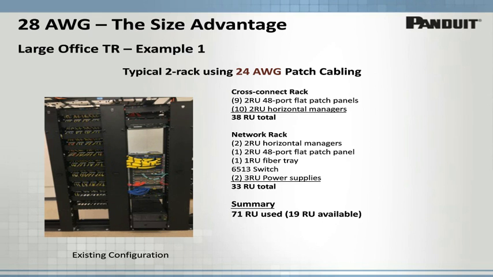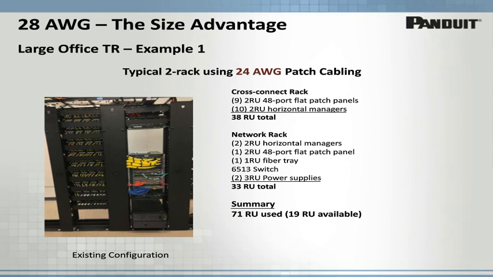Here on this slide, we have a very common 2-rack telecom room configuration, which you could also see in a data center cabinet, with one rack being used for the horizontal cross-connect field, which would be on the left here, and the other primarily used as a network rack, housing the switch and power supplies. This looks familiar to many of you, I'm sure, and it's really a staple within large office telecom rooms around the country. So let's take a few minutes to understand the current layout with 24 gauge